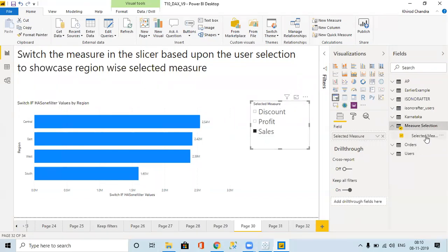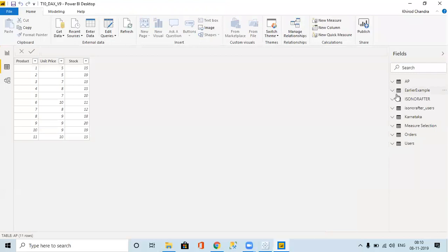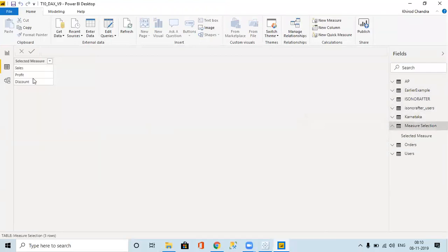So I have to create one thing. If you can see, I have something called measure selection: sales, profit and discount. These three are there. This is how I have created it.